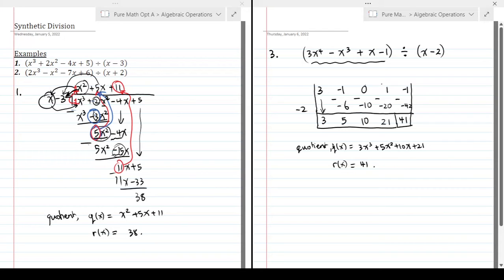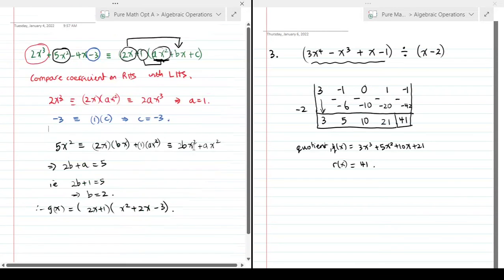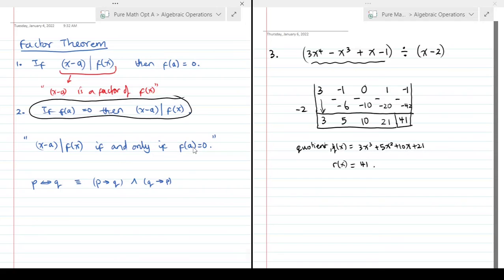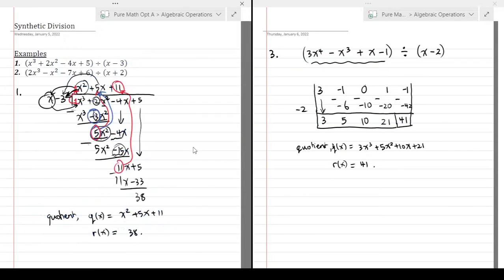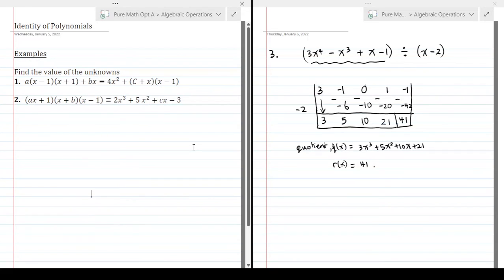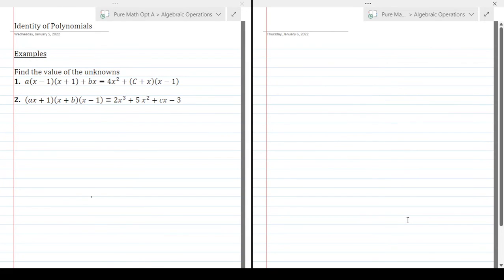The next thing I want to discuss is identity of polynomials. I will begin on that one time and include it in this video as well. So let me just go back up to, oops, I'm going in the wrong direction. So this is identity of polynomials here. Switching gears to this now. So they want you to here now,